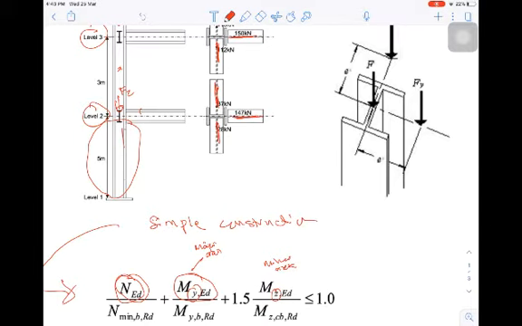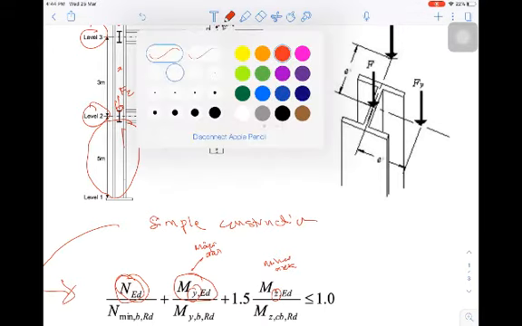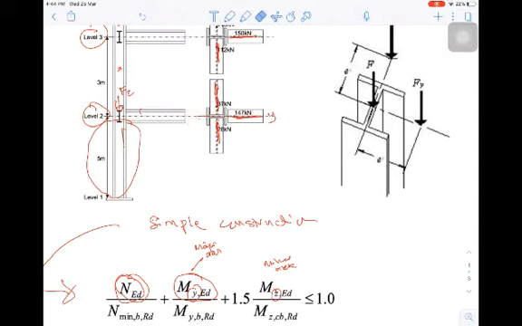Which one is the major axis here? This one is the major, right? That is Y. Nope, sorry, just testing you. This is Y, whereas this is Z. So in this case, MYED is